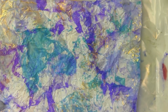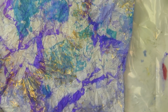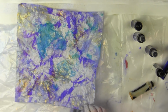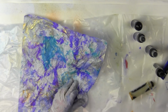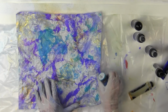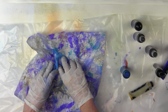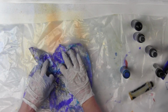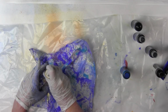I'm liking that Mediterranean blue. I think I want a little bit more Mediterranean blue over here. So now that I'm looking at my piece, I'm literally going to do just a tiny little crumple here, a spot crumple if you want to call it that, and just kind of put that blue on, okay? And then I'm going to do a bigger spot crumple here because I really want some gold over here. And I'm not squeezing it up as much, so wherever that raised area is,